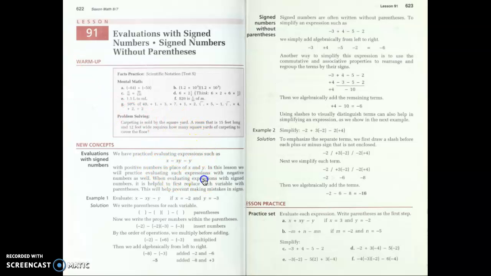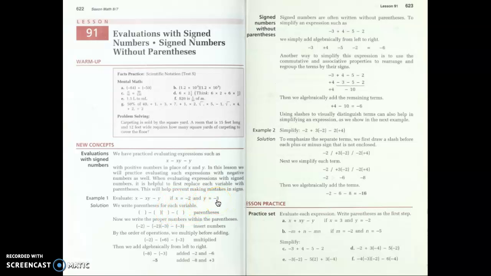You have worked on evaluating expressions when given the value of x and y. We know here that x and y, at least right here, are being multiplied. And from that product, we are subtracting the value of y. And from that, we are subtracting from x. So let's go ahead and evaluate this algebraic expression if we know that x is equal to -2 and y